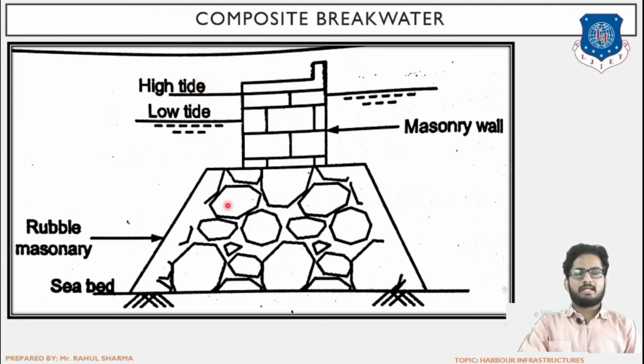So basically here it is a combination of materials of vertical wall type breakwater, that is first masonry wall, and also of rubble mount type breakwater, as rubbles, that is the large size rubbles, have been used in the beneath portion. It is basically recommended where the depth of water is more, because there are construction of two separate layers. So that is the main criteria, that where depth of water is more, in that case composite breakwater is recommended.